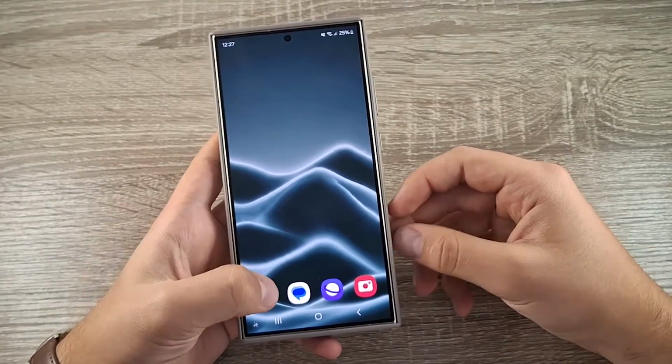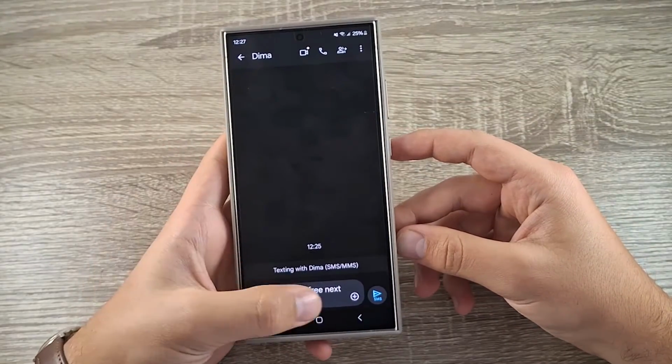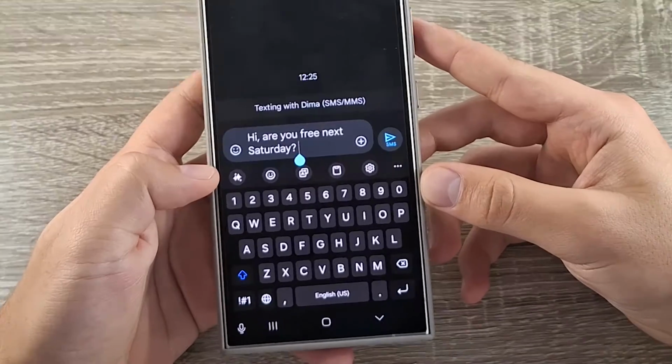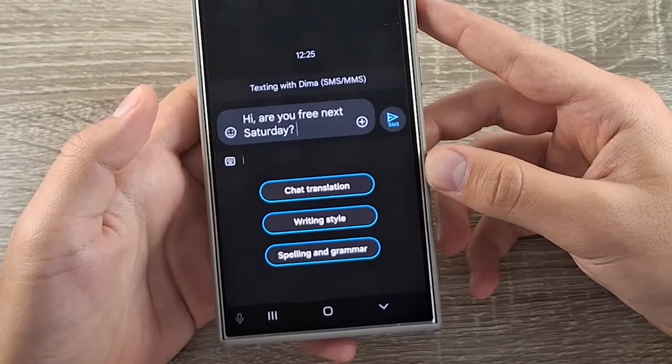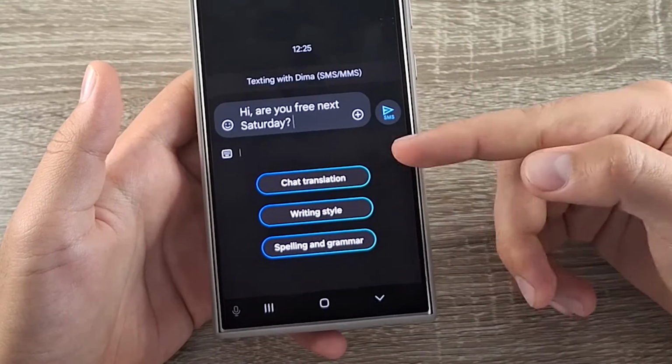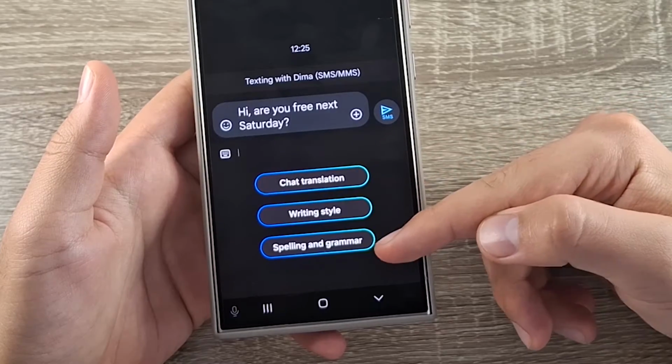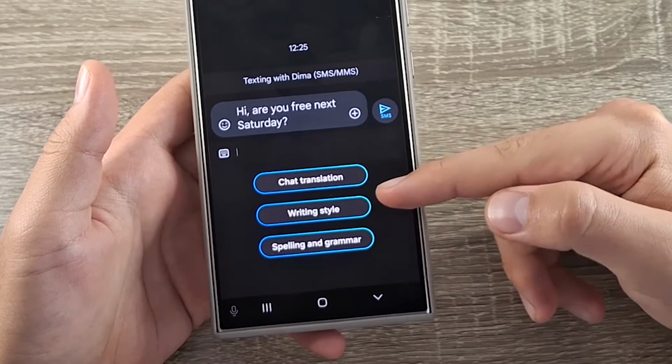Now the first thing you need to do is go to Messages, write your message and then click on this button right here. You have three options to choose from: chat translation, writing style and spelling and grammar. Let's go to writing style,